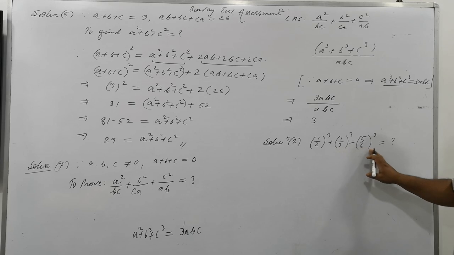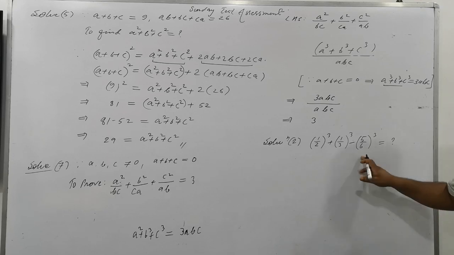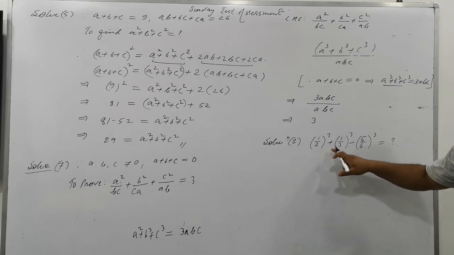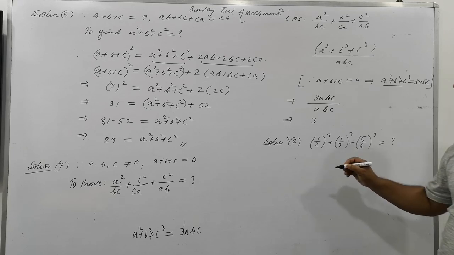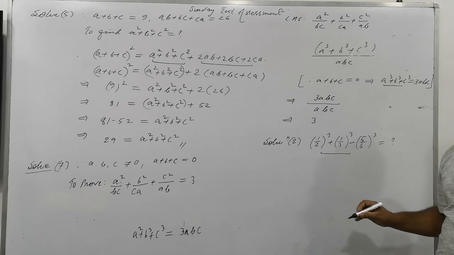So what we can understand here, in the simple way, is just the sum of cubes. The questioner is saying that finding the cube sum directly is not the task here, which means without calculating the cubes we have to find it. So the ready-made identity that I told you, a cube plus b cube plus c cube, first we have to check their sum, right?